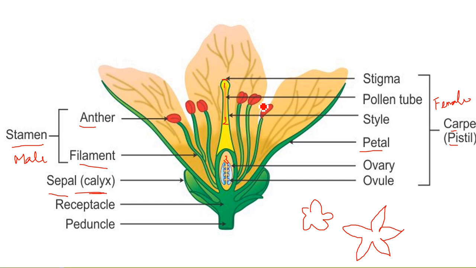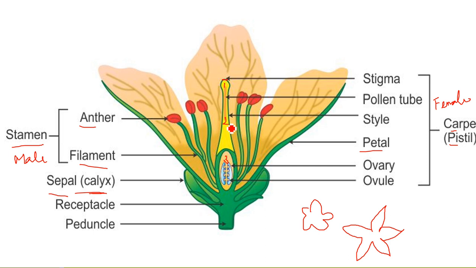Because we have different varieties of flower, some are aquatic, some are terrestrial. So here the stickiness of that stigma is to hold the pollen grain once it lands. After this we have a long tube-like structure. It's like a passage. It connects the stigma to the ovary. Ovary is the portion where the egg, or you can say ovules, are present, which will further make seed.